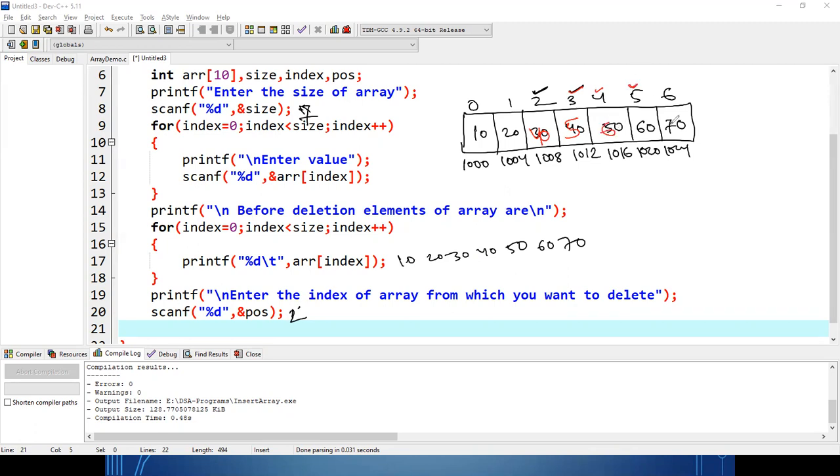Again I'm coming here and allowing 70 to override 60. So from this position till this position, I'm allowing every value on the right-hand side to override the left-hand side value. Clear? So how to write this through the program? Let us check.